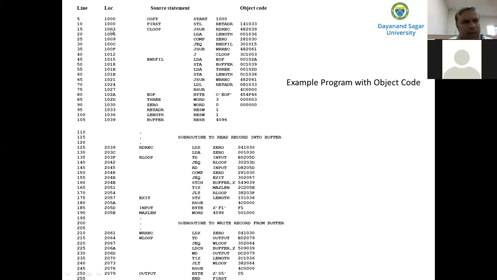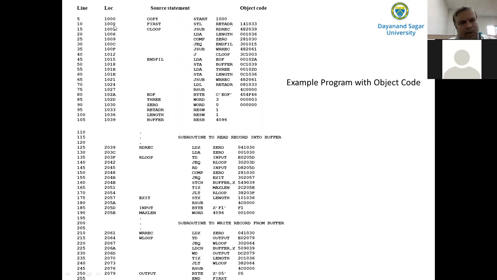At this address we have JSUB RDREC, also a 3-byte instruction, so 1003 plus 3, 1006, gives the address of the next instruction. At address 1006 we have the instruction LDA LENGTH, again a 3-byte instruction. So 1006 plus 3 is 1009, like that.